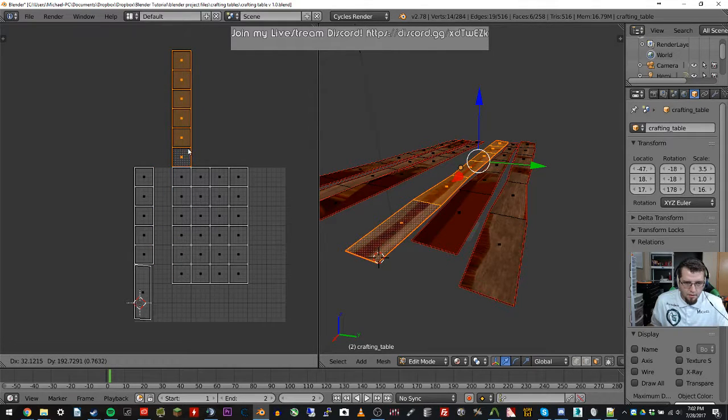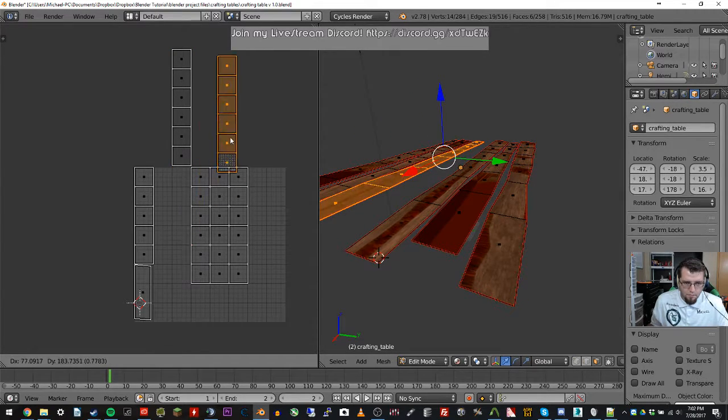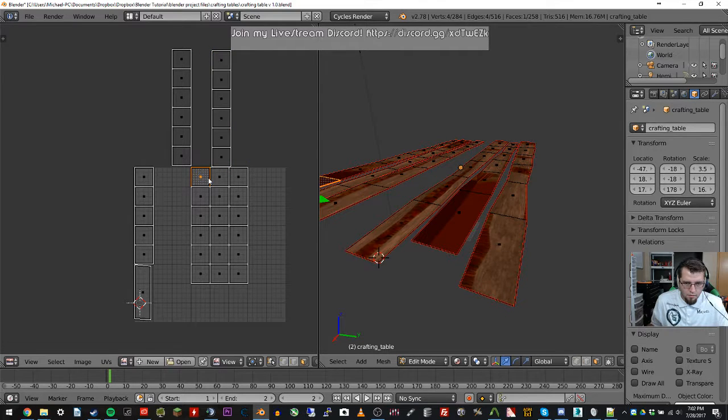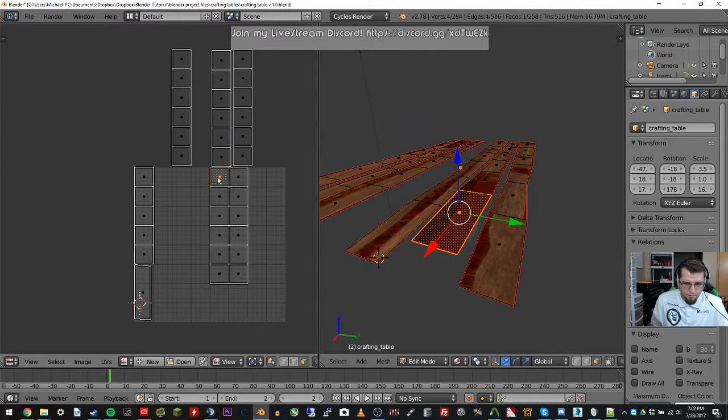Put that there. Rotate that. So that's at the end. Rotate that. There's that. It's the opposite end, so let's